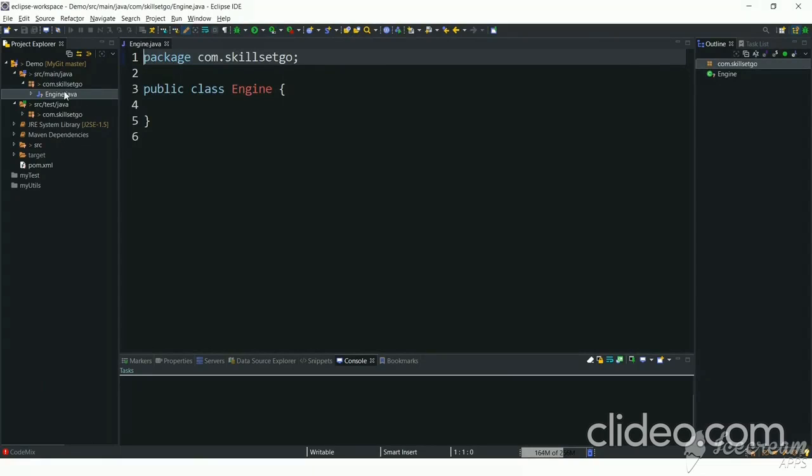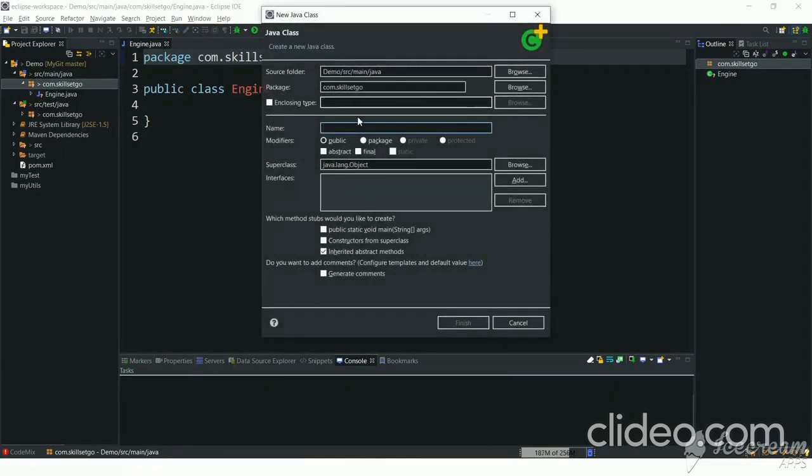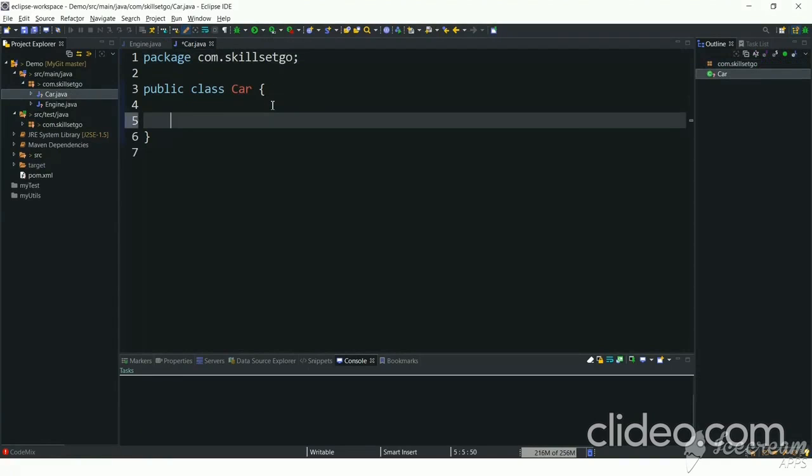We have created an engine class, and let's create a car class. So car is dependent on engine class. It means car has an engine object. The typical way of creating an engine is directly creating an engine inside a car using the engine constructor.